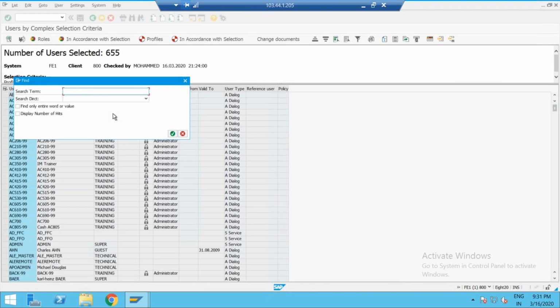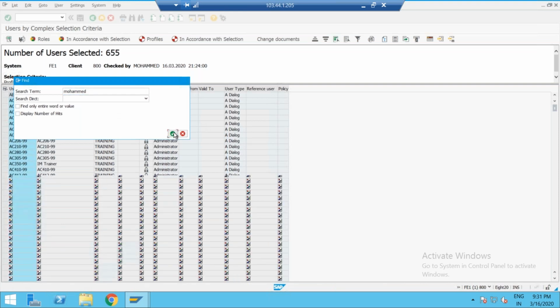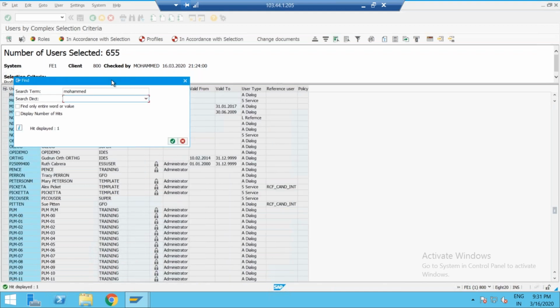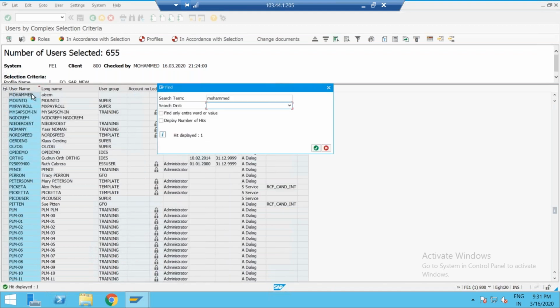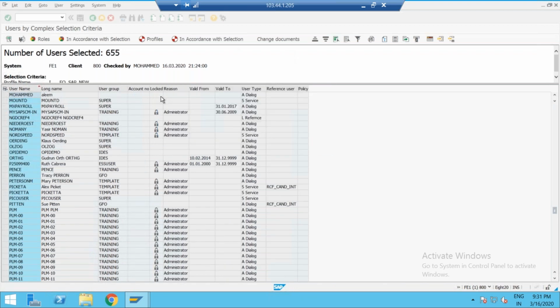After that, just click on Control F, whether you were having it or not. Okay, that will be there. That is okay. Go back.